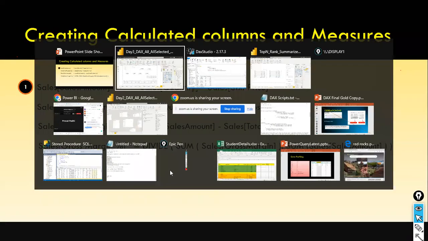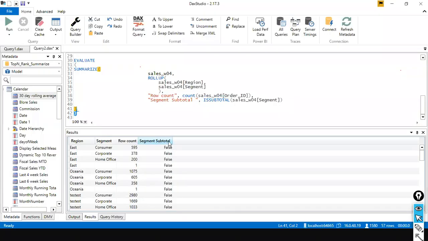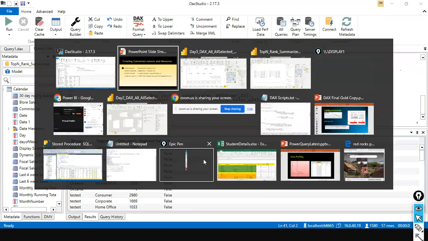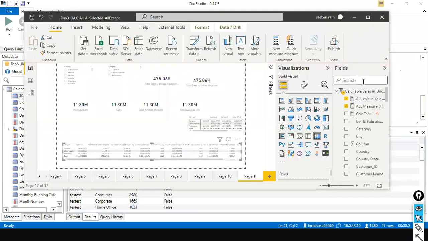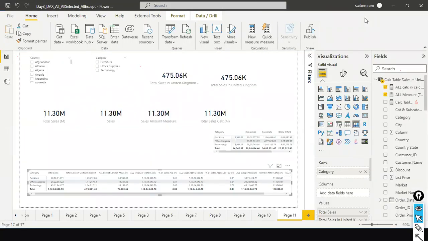As the name says, SUMMARIZECOLUMNS, you can use SUMMARIZECOLUMNS for a column. That one returns only the scalar value. It will not return the table. SUMMARIZECOLUMNS will not return the table. Anyhow, I will show you that one also now itself so that we can finish it off. So in the case of SUMMARIZECOLUMNS,